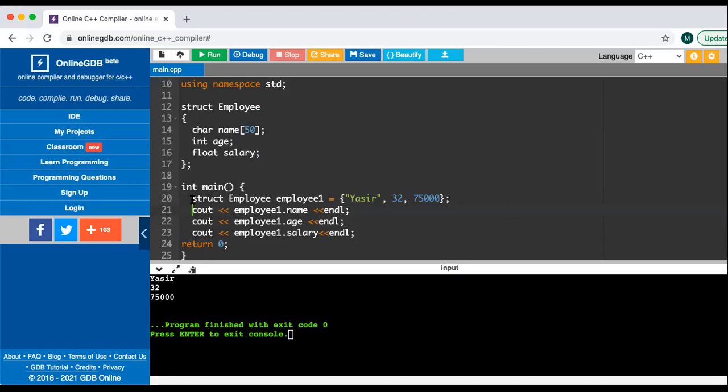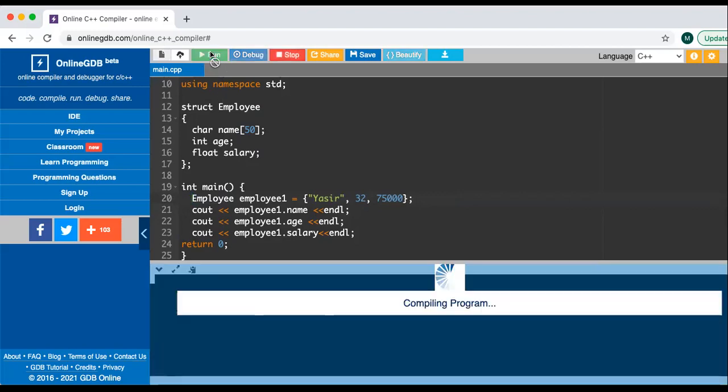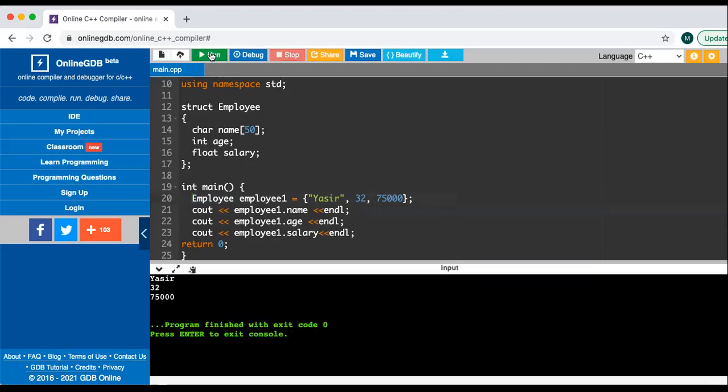We have written this keyword struct here. Even if you remove this keyword struct here, even then I think it would work. Let me just run this, and it works. So that means that this keyword struct need not be written when you are initializing a particular instance of a structure. So the idea is that when to use a struct, you can use a struct when